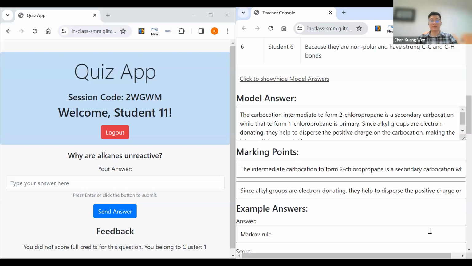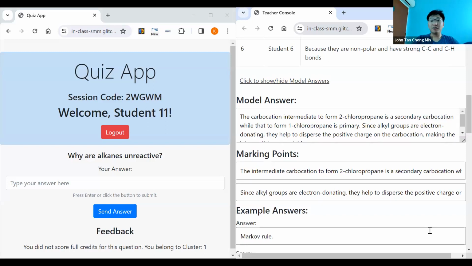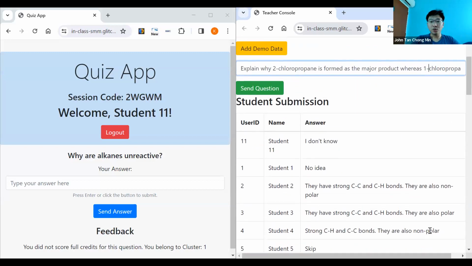Because basically I remembered as a teacher, what are some typical alternative answers that I can accept? I will put them as part of the few-shot examples for it to reference. That's quite nice because then you give it some grounding as to what is a good answer, what is a bad answer, and then it can sort of do some classification to the different categories for you. So I do think this is something that is very interesting and also useful.